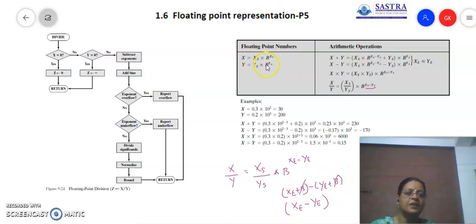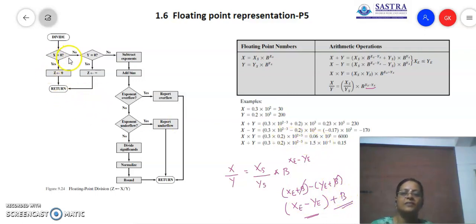In case of multiplication, the bias will be added two times, you will get 2b. So 2b should be changed to 1b, so we subtract one bias. Whereas in the case of division, we are subtracting, so the bias of one operand will cancel out the bias of the other operand. Anyhow, the result exponent should also be biased, so we have to add one bias extra. Because it gets cancelled during subtraction, I have to add one bias. So this is going to be an important step to be included in the division process.